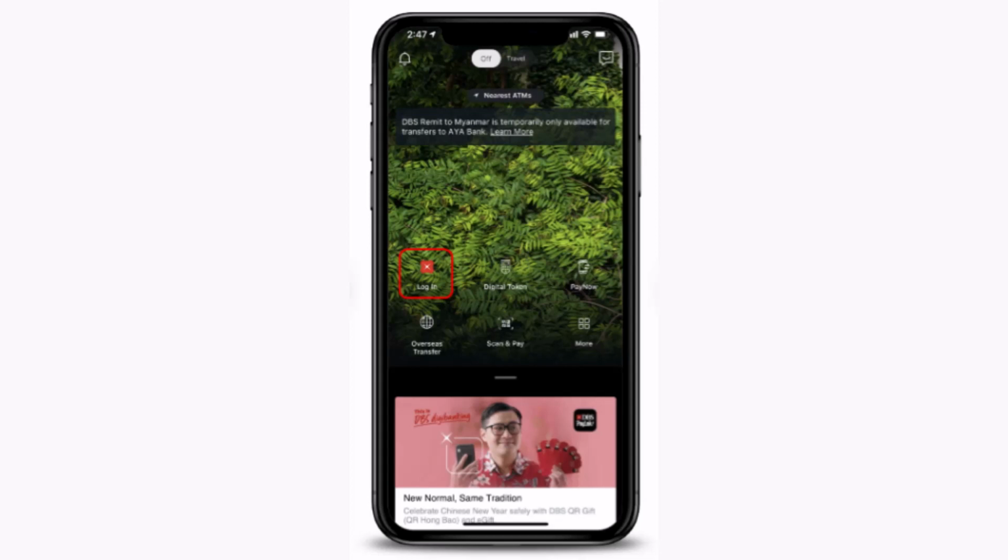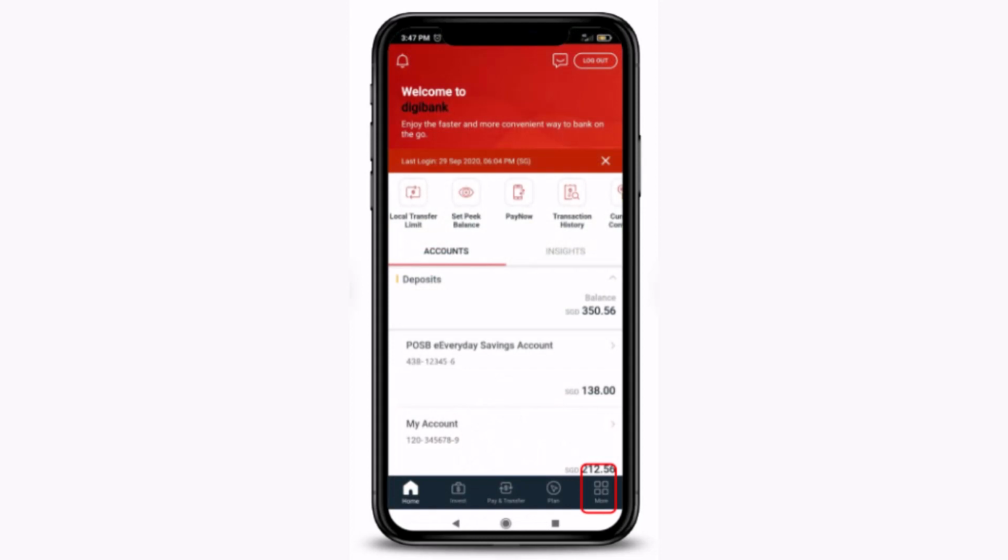Once you open up your DBS application, you'll have to log in into your account. So you can either use a touch, Face ID or Digibank user ID and PIN in order to log in into your account. And once you're logged into your account, on the other page, this is what the interface is going to look like. After that, you'll have to tap on the More icon in the bottom right corner of